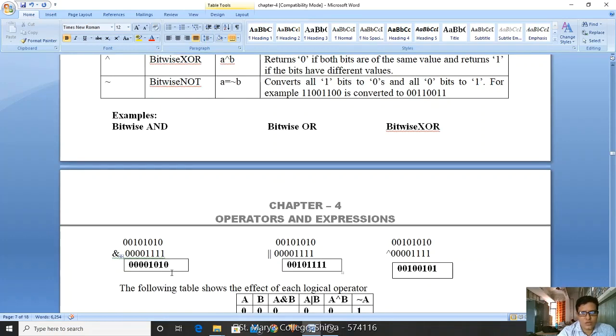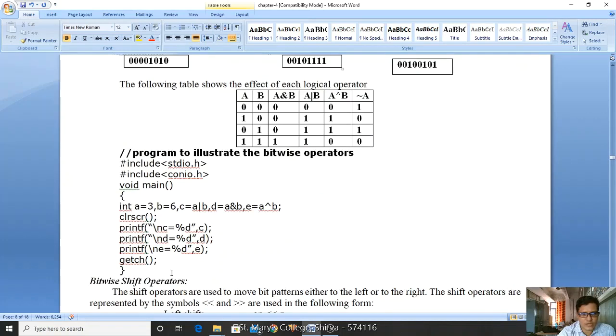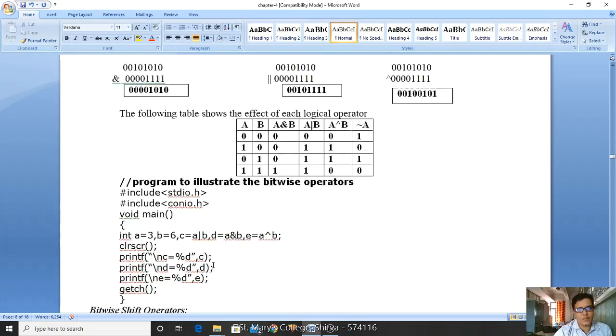Let us consider one simple example: A is equal to 3, B is equal to 6, C is equal to A bitwise OR B, then bitwise AND, then A exclusive OR B. Here it is processed, and now we want to see the output, right?